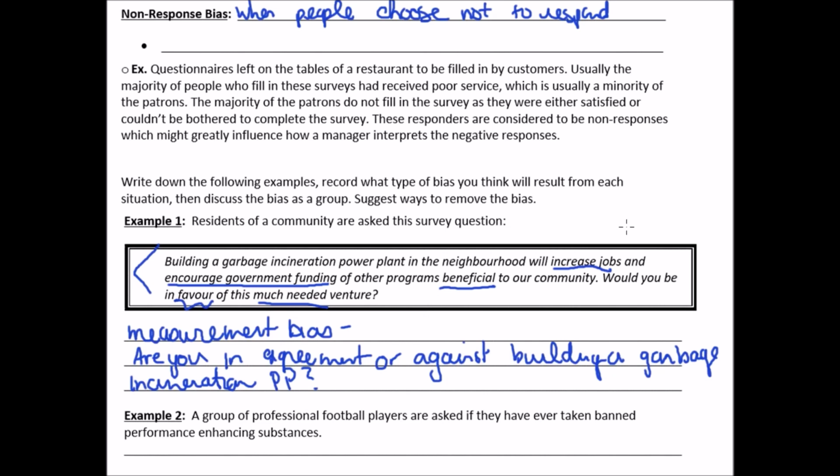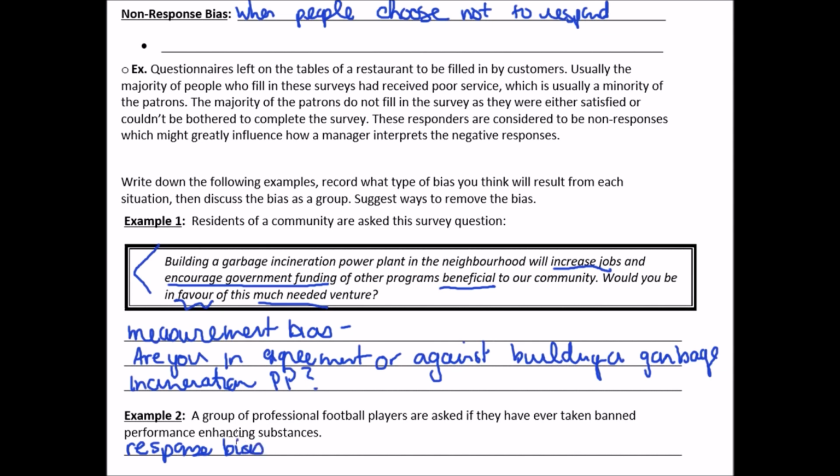Okay, example 2. A group of professional football players are asked if they have ever taken banned performance enhancing substances. Okay, so if you ask a football player if he's ever taken, for example, steroids, he's probably going to say no. Like 9 times out of 10, maybe 99 times out of 100, they're going to say no because their career could be on the line. Any medals or championships that they've received may be on the line. So their response is probably going to be a lie. I mean, many of them have never taken this, but those of the players that have may run into a response